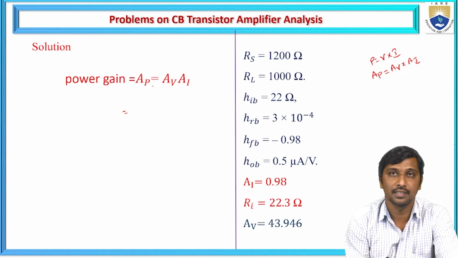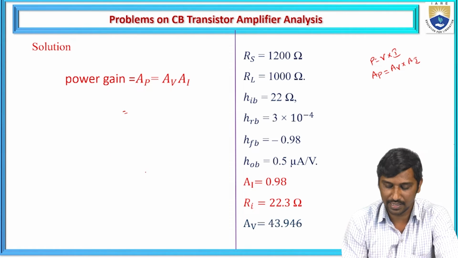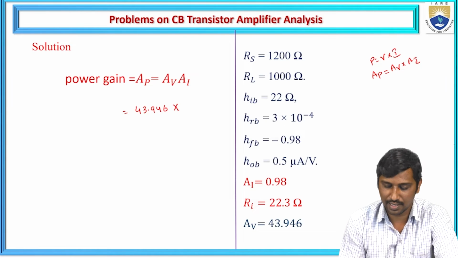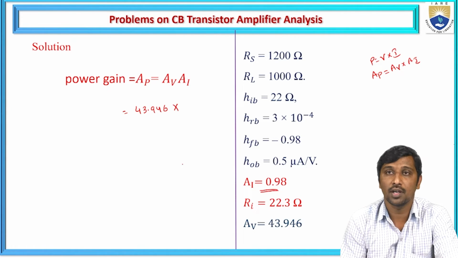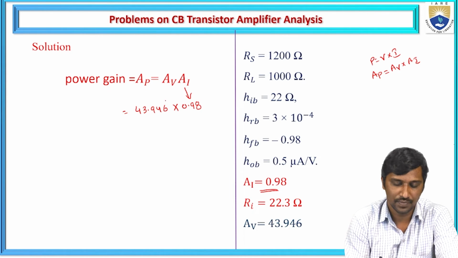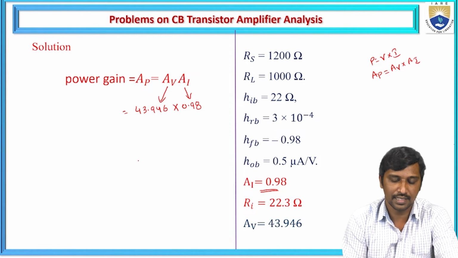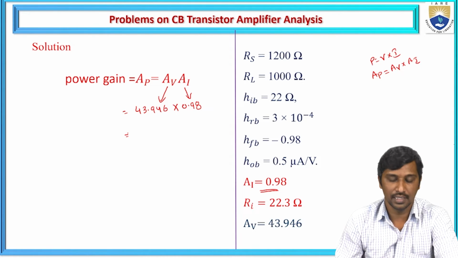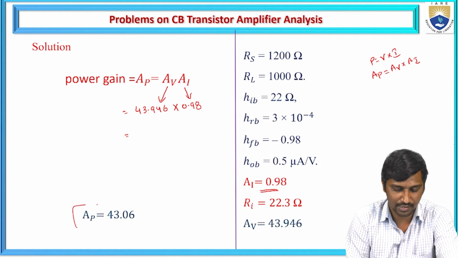That is the reason I represented the power gain as the product of AV and AI, where AV is 43.946 and the current gain is 0.98. So the current gain value is 0.98 and the voltage gain is 43.946. Hence it gives that the power gain is